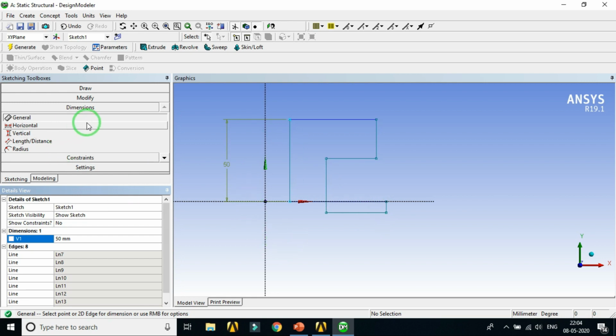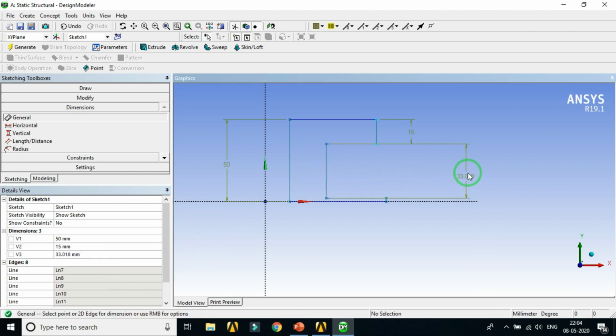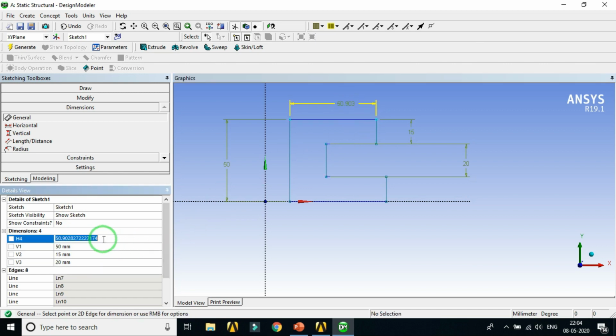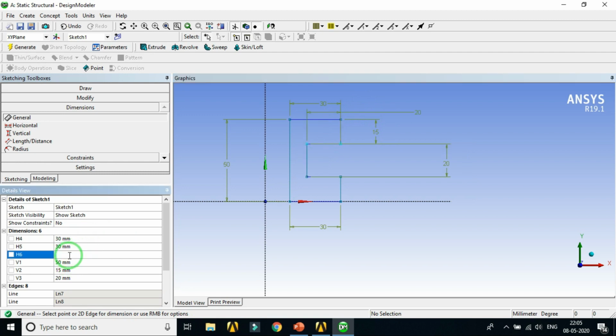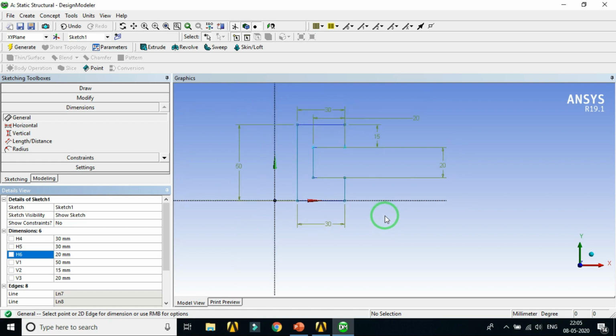Then 50, 20, then this 30, then 30, and this is 20. Right? So in this way we have completed our dimensions.